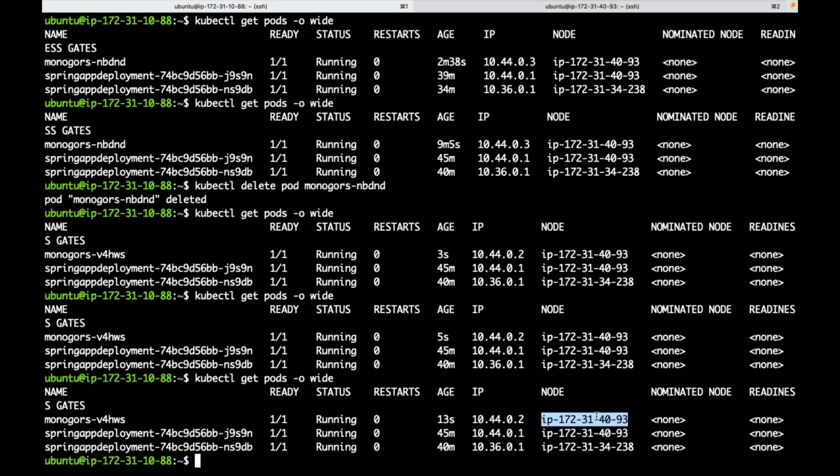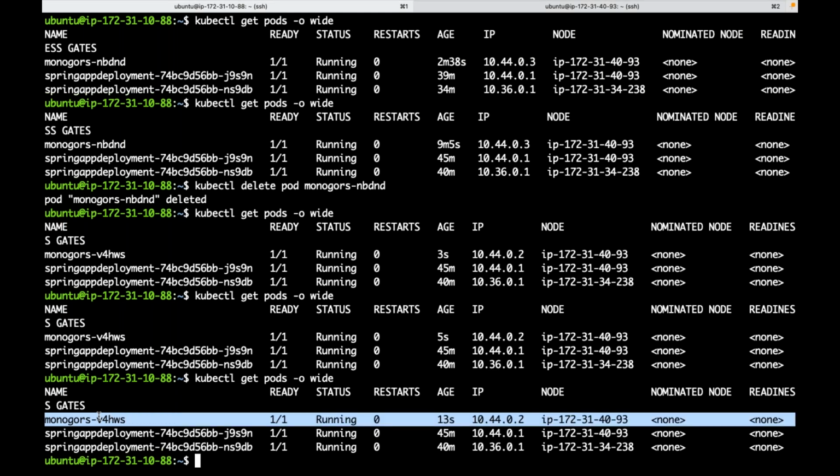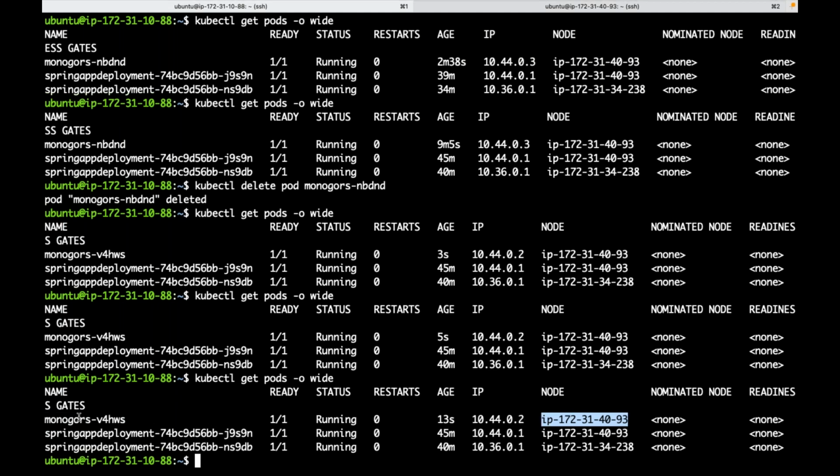If it shifts the pods to another node, I was using a host path volume. The database pod will be shifted to the other node, but do I have the data? Whatever data it had earlier, if the pod is now shifted to another node, will it have the data? No. The data is in some other node. It is going to create another host path. Let me show that.